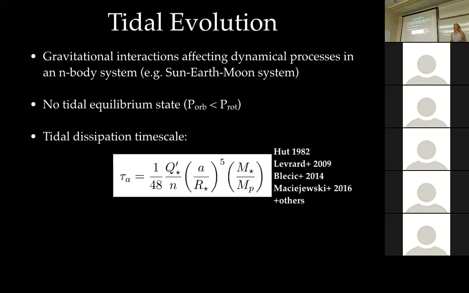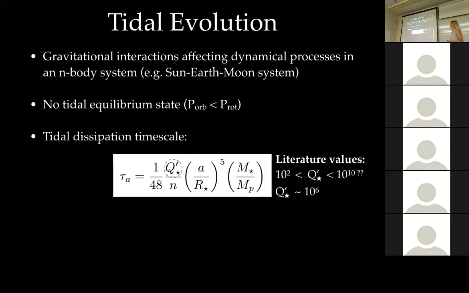So it turns out that we can measure this timescale of orbital period decay, or tidal dissipation, by this equation here. We have the quantity a, the semi-major axis or orbital distance over the stellar radius to the fifth power. It's highly dependent on these two parameters. And then we have the mass ratio of the star and the planet. And I want to draw your attention to this parameter here, the Q star prime. This is commonly referred to as the tidal quality factor. So the reason the timescales are so uncertain is this tidal quality factor.